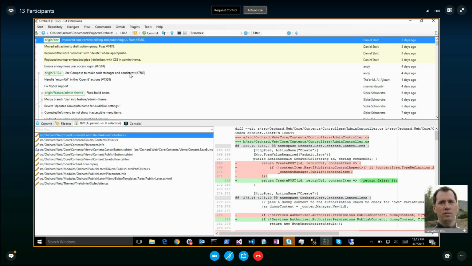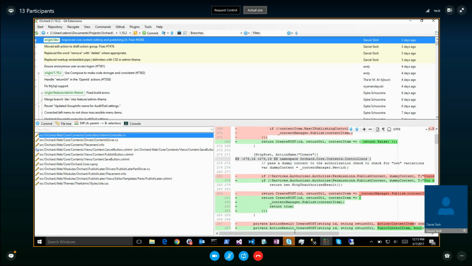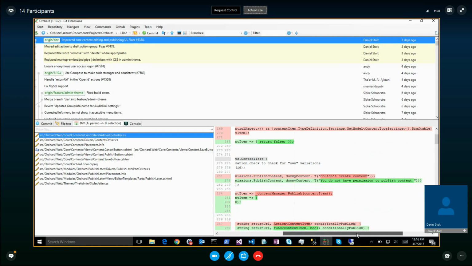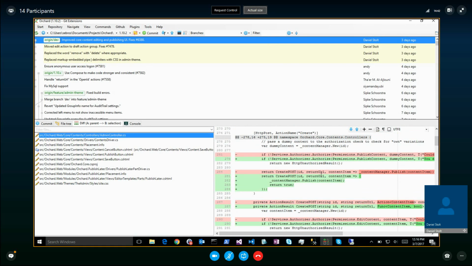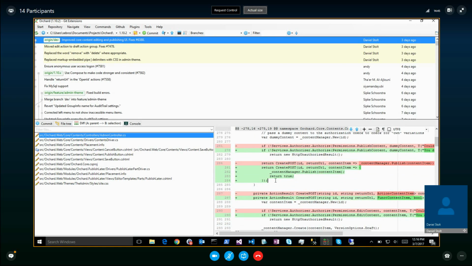Core content editing and publishing UI. Again, I thought we had already improved it. Well, there was an open issue on the subject anyway. This is about the fact that, and I always found this confusing, if an item is not draftable, then the publish button goes away instead of the save button. It should really be the save button that goes away, and the save button should be named save draft. Again, I think it was an intentional decision to call it save, and it will actually publish because there is no draft. The default is save, and publish is just the optional thing, shifting the concepts, I